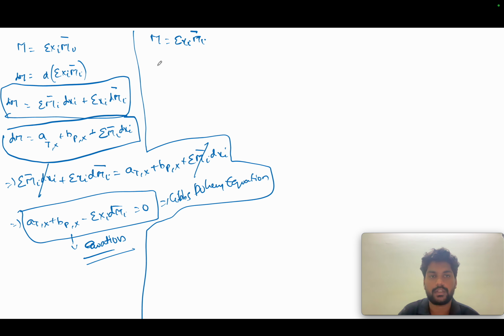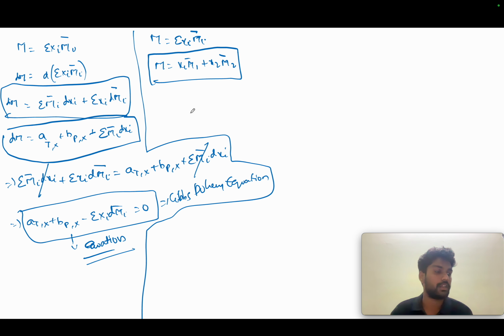Okay, I will change it. I will increase the sidebar or anything. M equal to x1 m1 bar plus x2 m2 bar. I have taken only a two-component system. I'm neglecting the larger systems with many components. Now if I apply dm, it goes like this,